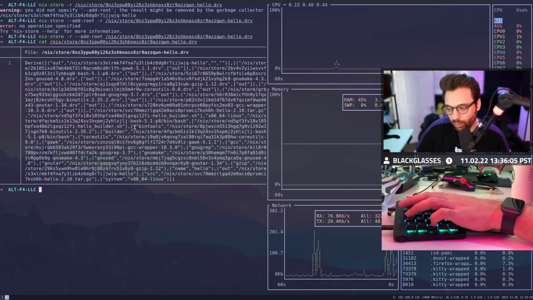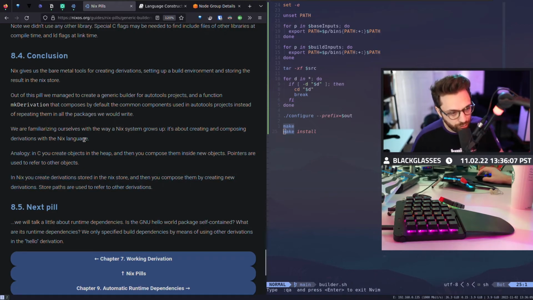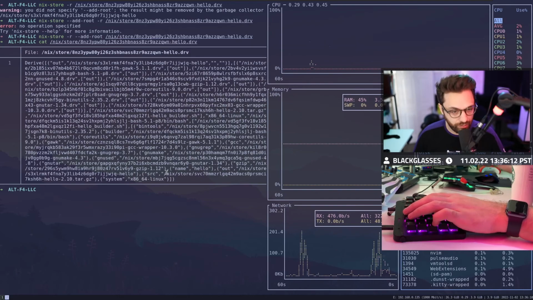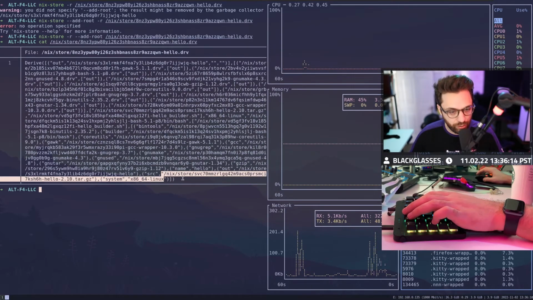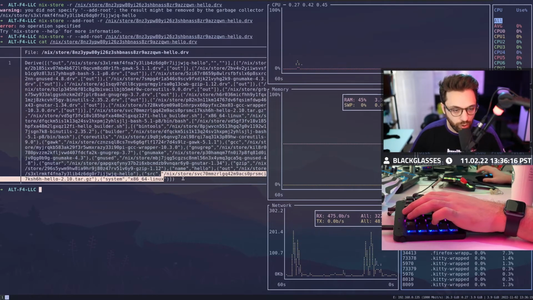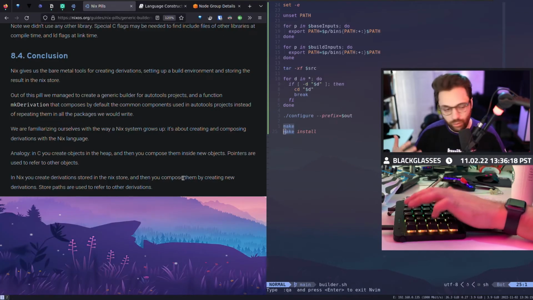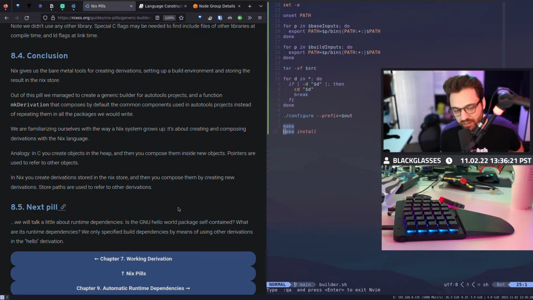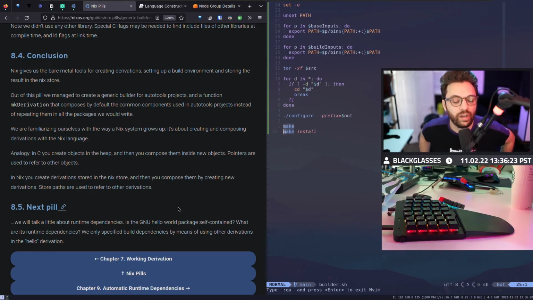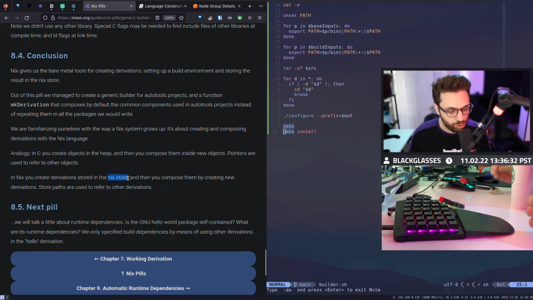And that's why it's so important to not just have a virtual memory reference of these derivations, but to have a physical one too. Because if we don't have that physical connection to what we're building, then we don't know where it's going to go. We don't know what dependencies it has. We don't know where the dependencies are. So that's why, again, Nix is really domain specific in that way, because it really does tie itself to the store. The store is literally like, you can't use Nix without the store.